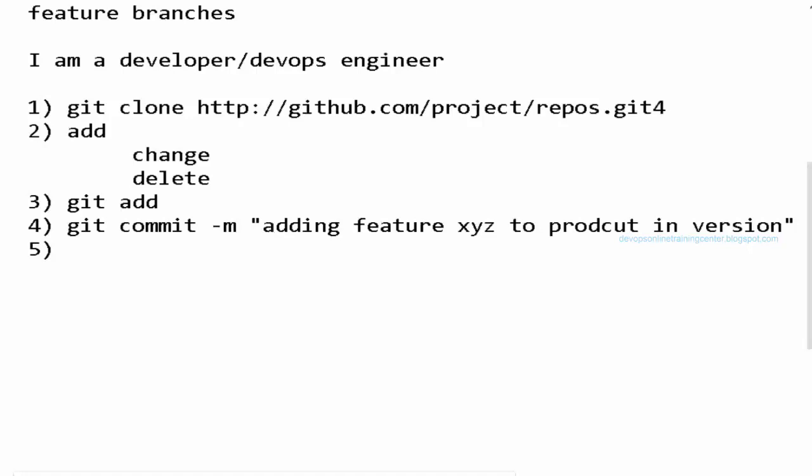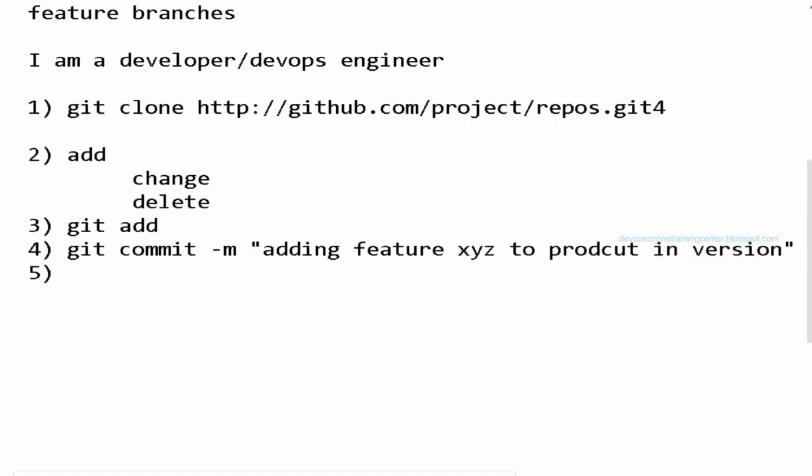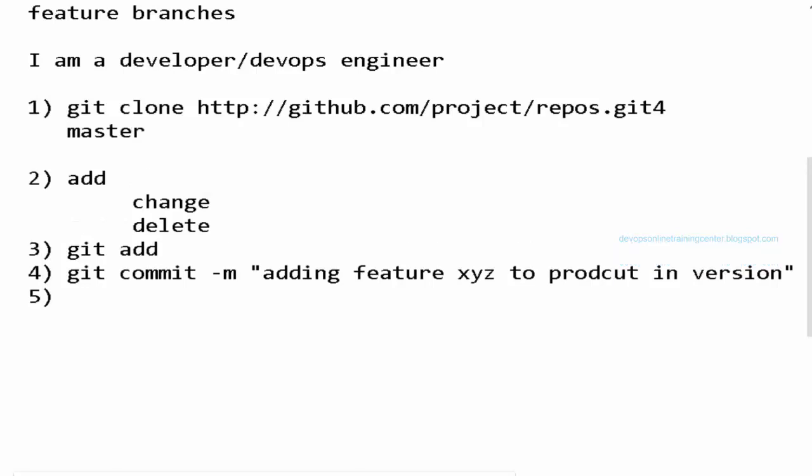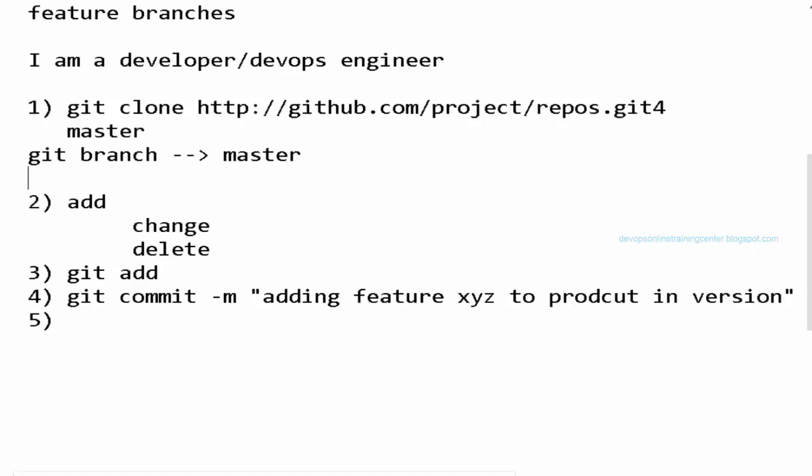We have cloned the repository. When we clone it, by default, we will be in the master branch, right? So when you say git branch, it shows a star on master, right? Now, there is a setting in GitHub which we can make, so by default, which branch you want to show. Generally it will be master or develop. Let us assume it is develop.